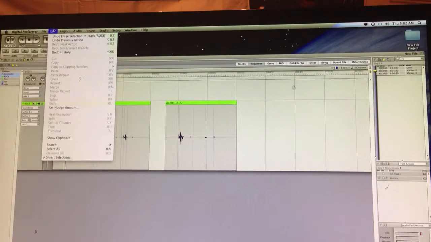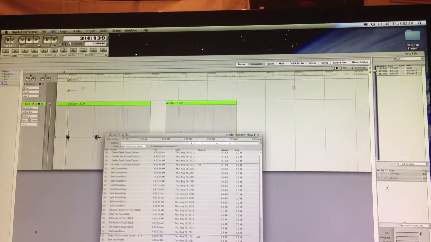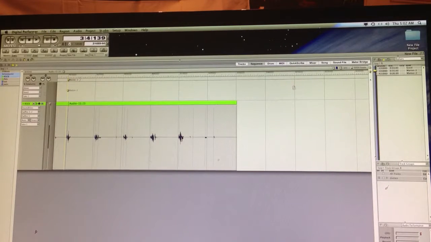So again, to undo anything that you do that you realize like nuts, I don't want to undo that. If I click back here, now I've gone all the way back to the beginning before I did any of those edits. So that edge editing is going to be important for when